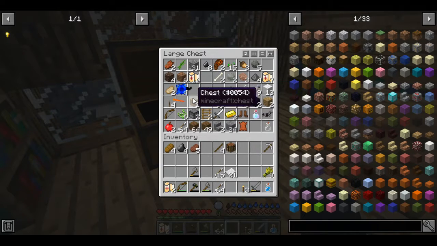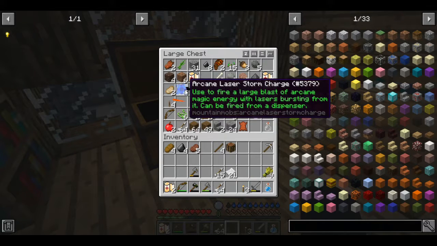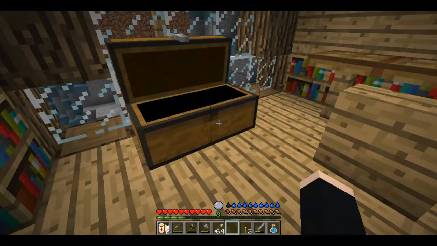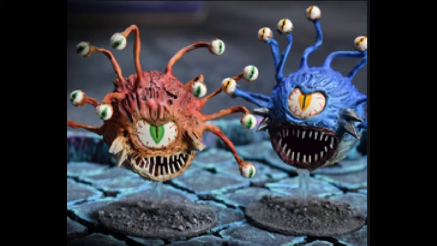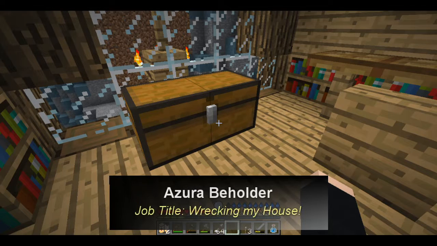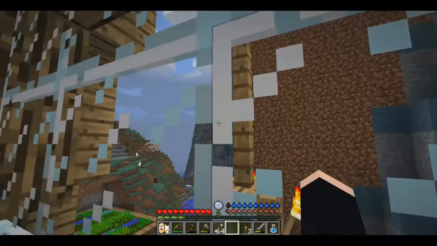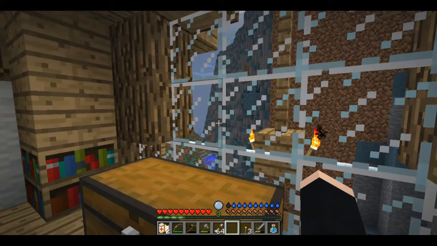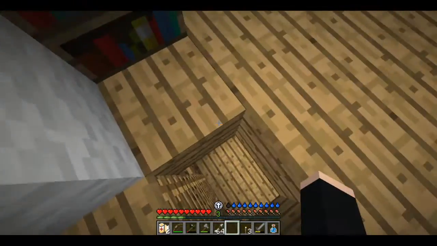So I did kill a Gru, so I got his claw. And I got this guy, Arcane Laser Storm Charge. And that was from this thing. On screen that was labeled as an Azura Beholder, I believe. And it was right here, outside my window. And it didn't seem to bother me at all, so I went outside and just decided to look at it, just to see,